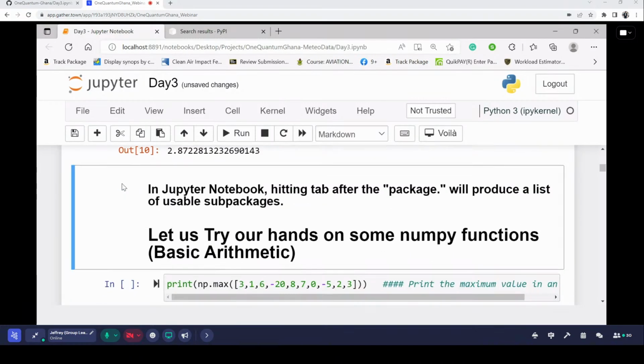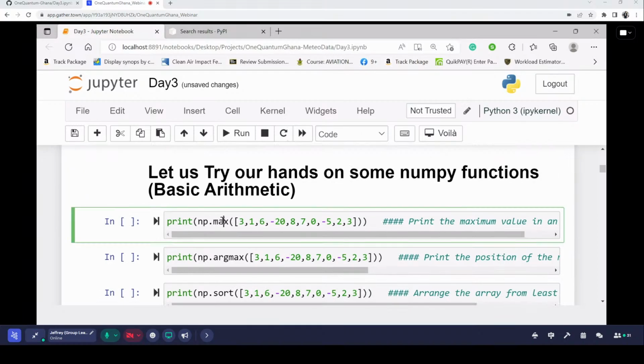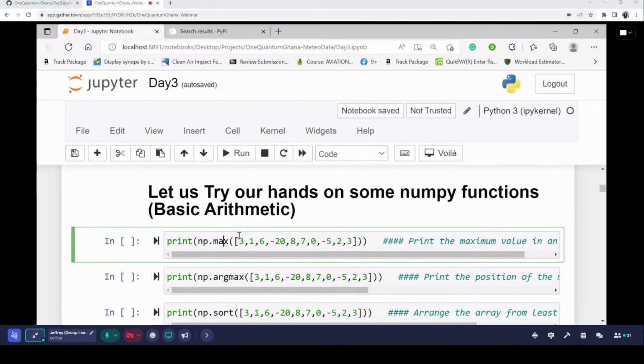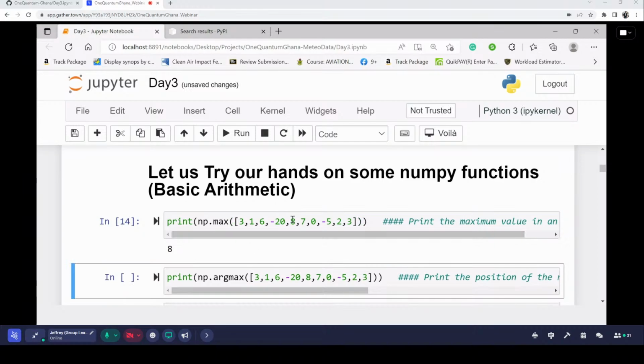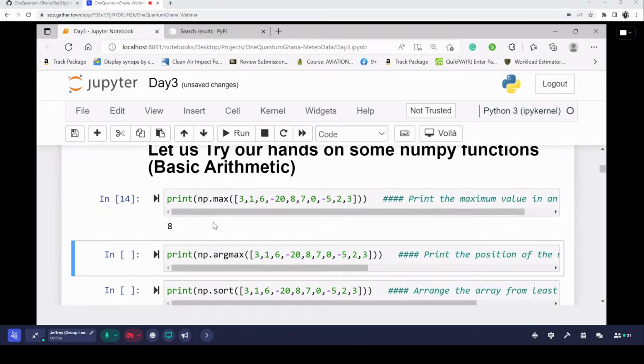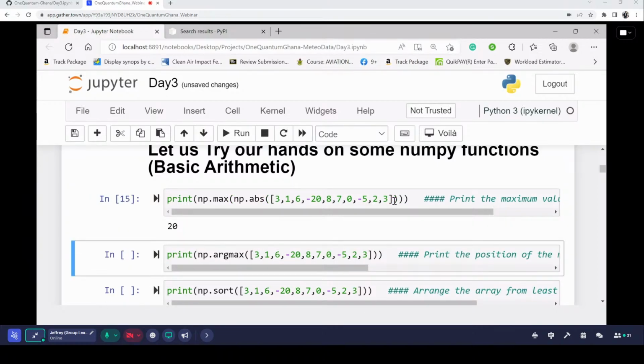Right. So we're going to try our hands on some basic arithmetic. Like we said, we can find the maximum of the values you're having. Say this is a list of integers. We find the maximum value in here and it tells us the maximum is 8. We can equally find the maximum absolute value. So let's say np.max of np.absolute. We open, and so we have to close the parenthesis here too. And in this case, we expect the maximum value to be 20